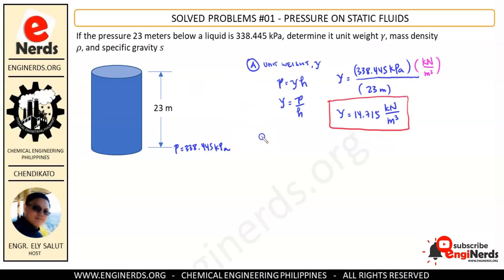And then, nahanapin naman natin is yung mass density natin. Okay, so we learned that pressure is equal to the density times the acceleration due to gravity and times the height. So, ngayon, ang hinahanap natin dito is yung density ng ating fluid, no? So, ang formula natin dito will be density is equal to the pressure over the acceleration due to gravity times the height. Okay, so substitute na natin yung mga values natin. Ang ating pressure is equal to 338.445